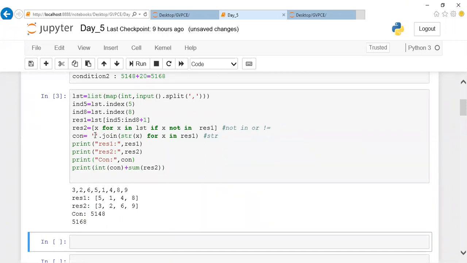I'm converting this to a string and joining these two pieces of data. Right now this is a string type. Then I'll make it an integer, then add the sum of this result 2. The sum of this list will give you the summation. So this gives you this answer.